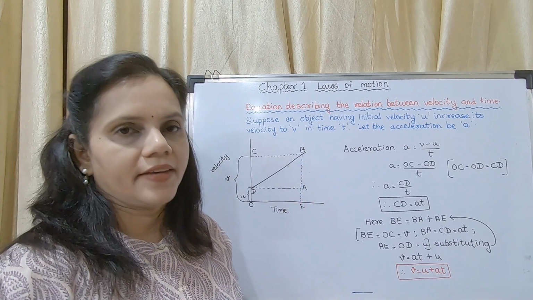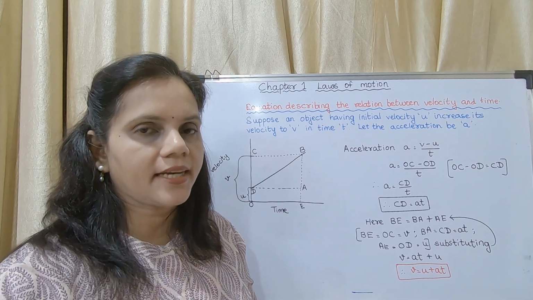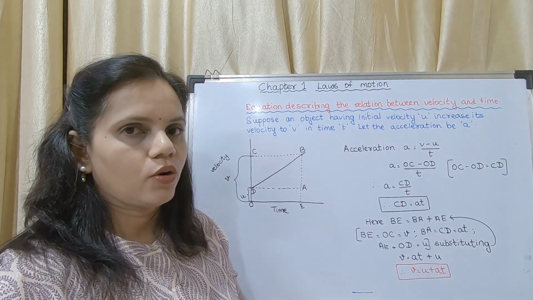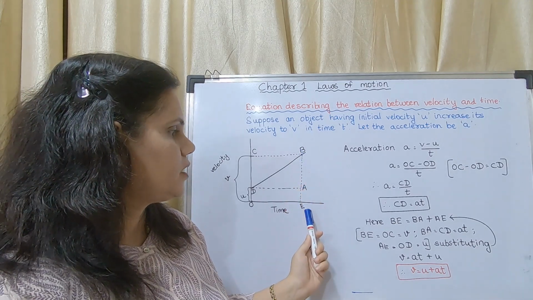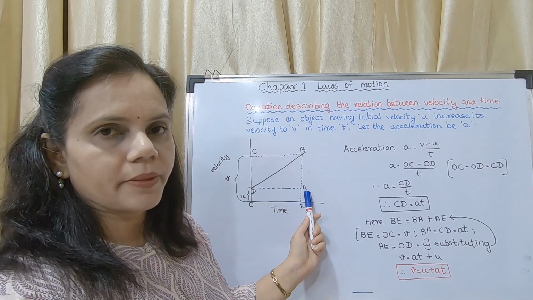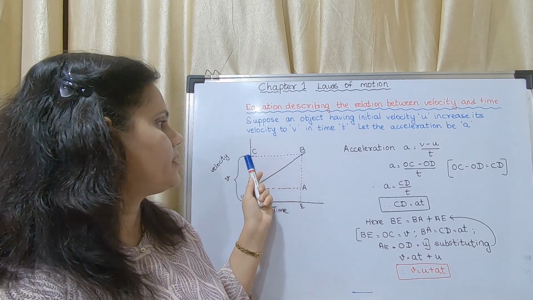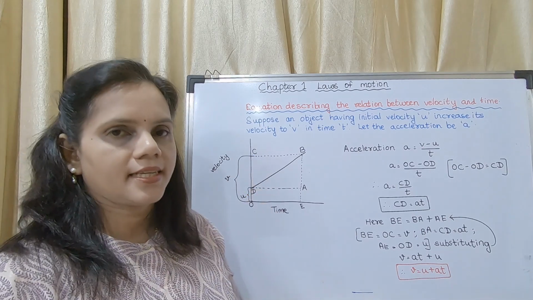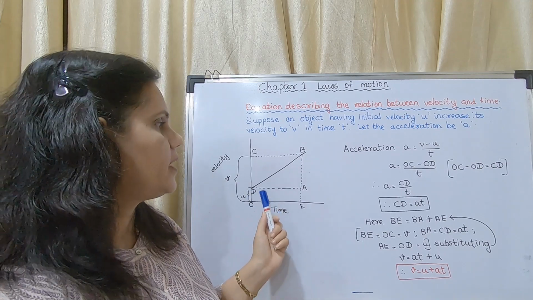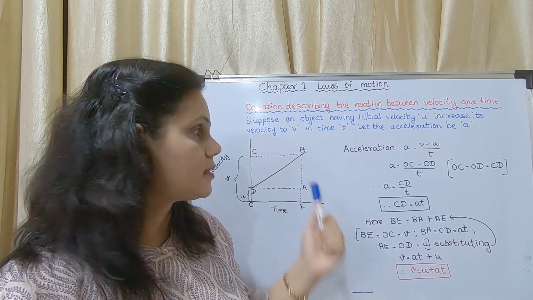This is the graph we had drawn yesterday. As it is a uniform motion, it is a straight line, that is DB. They have extended it from B till the x-axis, taken as E. A horizontal line is drawn, and that point is taken as A, and a perpendicular towards the y-axis is drawn, that point is taken as C. So it makes a trapezium. But we don't have to find the distance traveled in this equation.